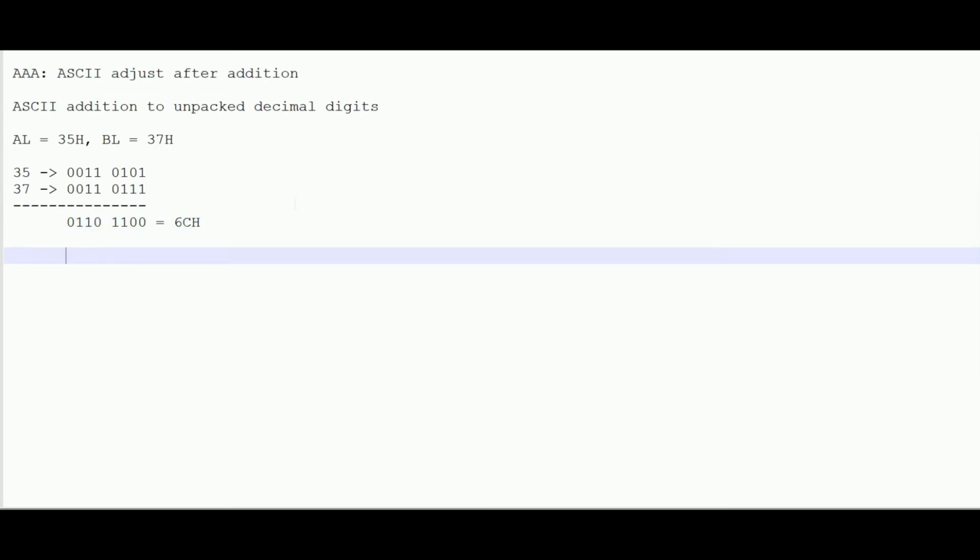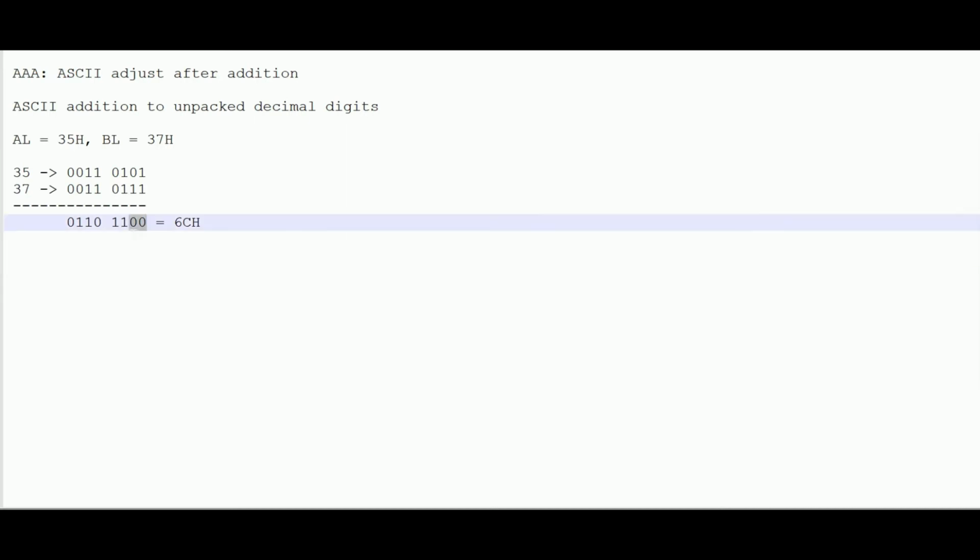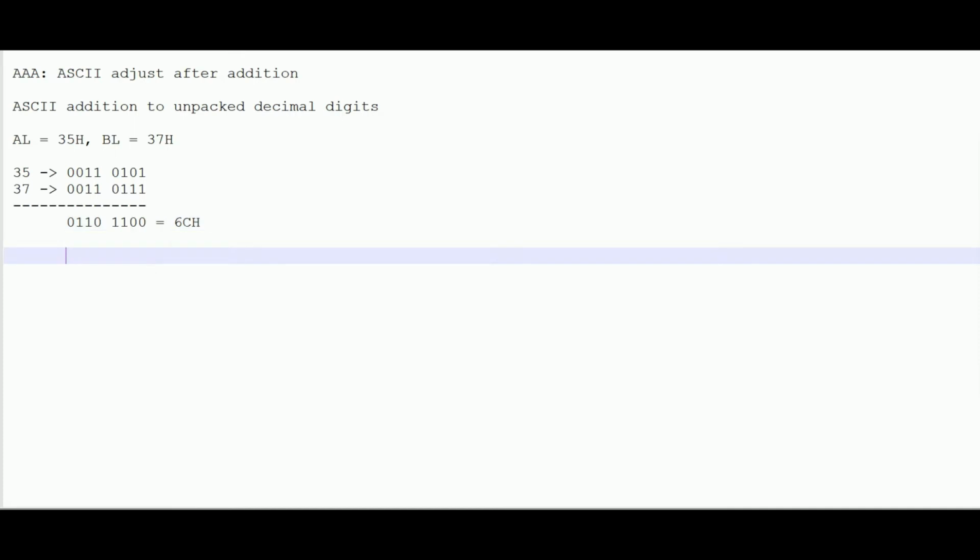Now after this addition, if the AAA instruction, that is ASCII adjust after addition, is executed, what happens is, first this instruction will check whether the lower nibble is a valid decimal digit or not. Okay, so in this case this is not a valid decimal digit. The valid decimal range is from 0 to 9, but here it is C. So what will be done here is, to the lower nibble, 6 will be added,